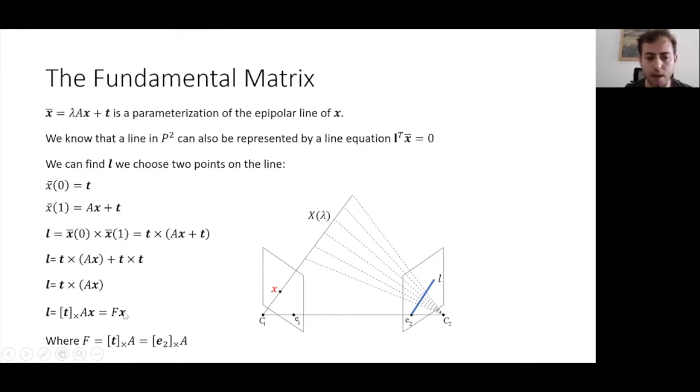It maps any 2D point in one image to its corresponding epipolar line in the second image. And we will next show that T equals epipole 2, but